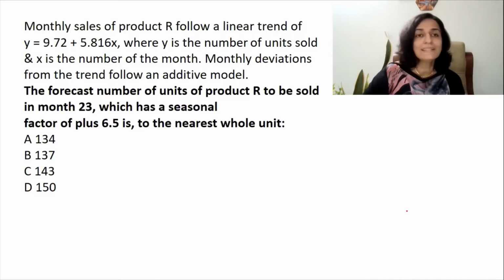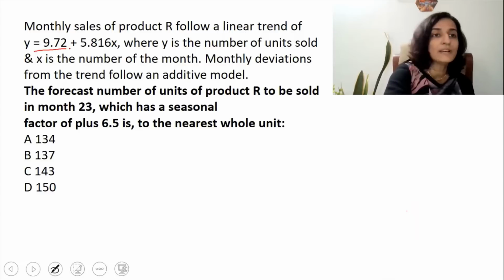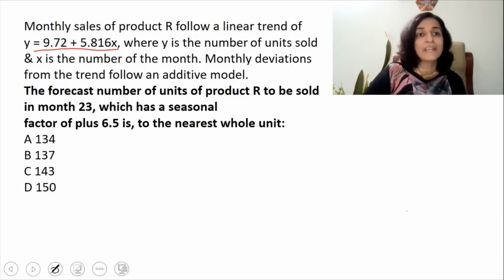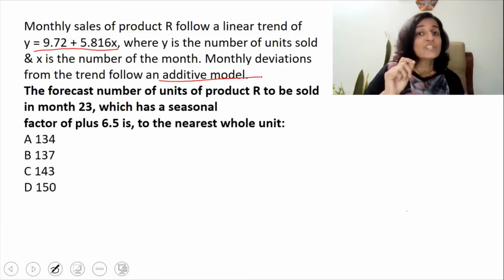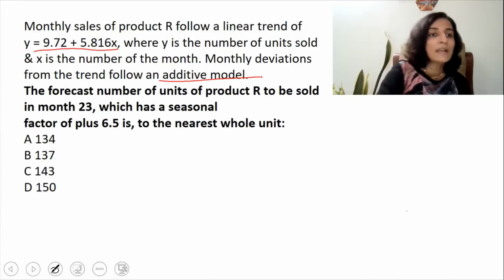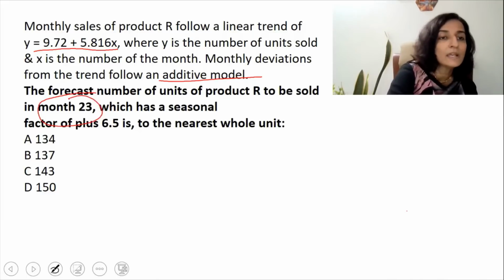Question number 1. Monthly sales of product R follow a linear trend of y equal to 9.72 plus 5.816x. So they've already given us the trend equation, where y is the number of units sold and x is the number of the month. Monthly deviations from the trend follow an additive model, which means that for seasonal fluctuations, we have to add or subtract. Moving forward, the forecast number of units of product R to be sold in month 23, which means that